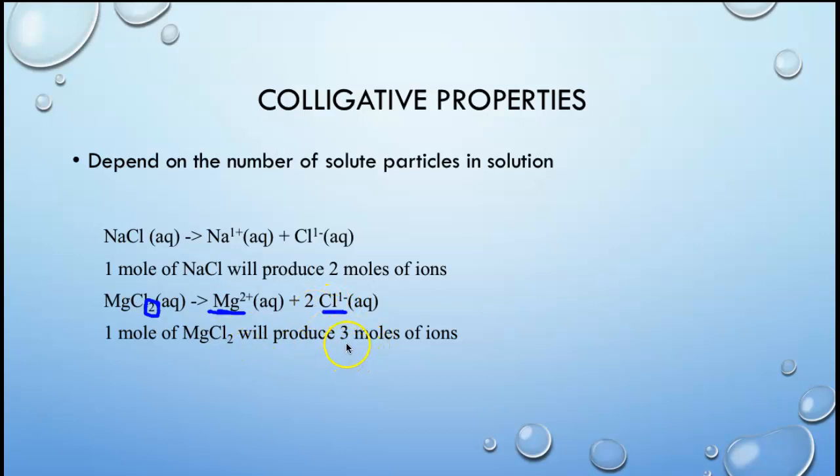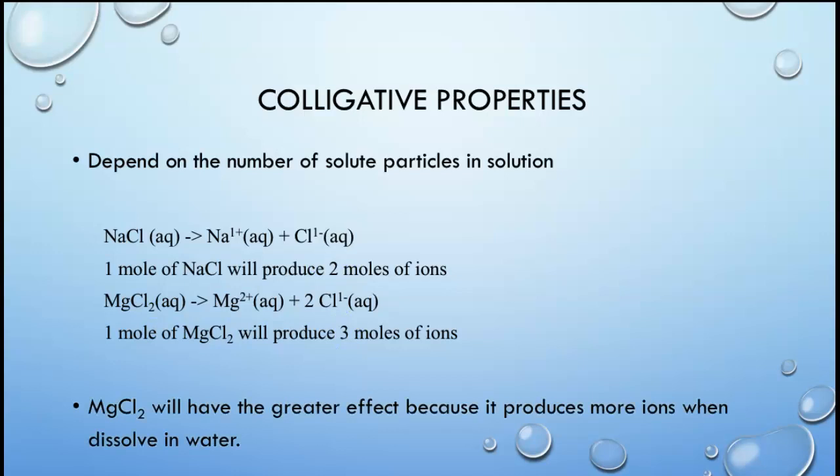So you're going to get 3 moles of ions. So this substance produces 2 moles of ions, and this substance produces 3 moles of ions. So because magnesium chloride produces more ions,